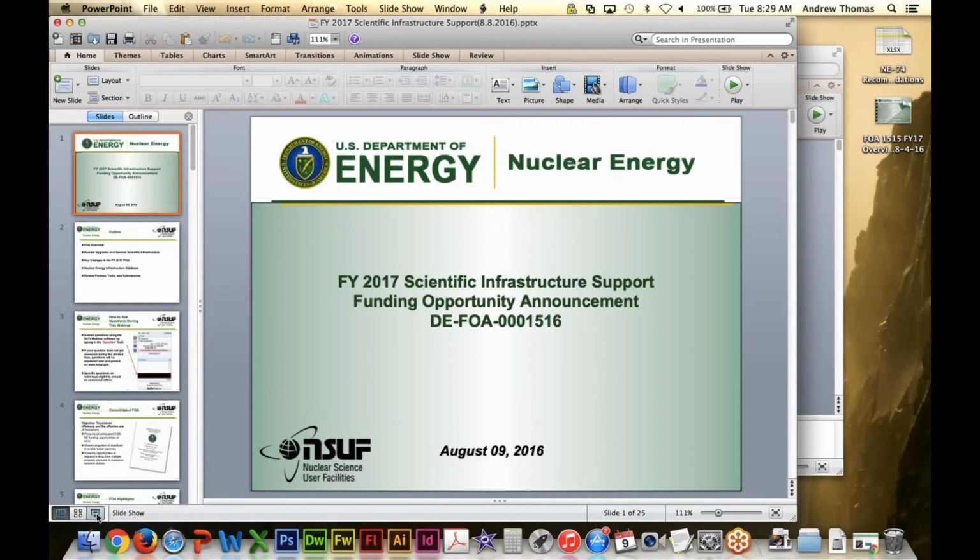What is the procedure to contribute legacy irradiated material to the NSUF library? The very first thing is to contact us, and then we'll discuss where the material is, what the conditions are. Of course, we don't have a formal process yet for putting the material in.